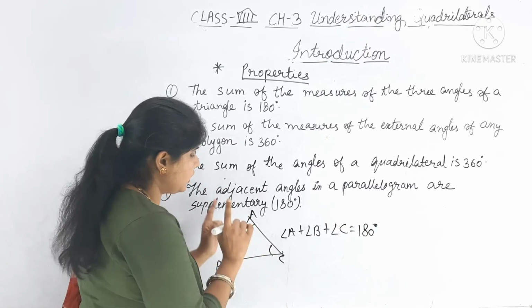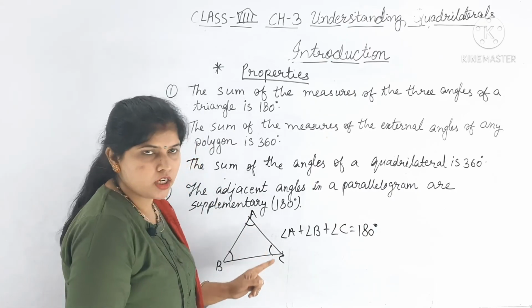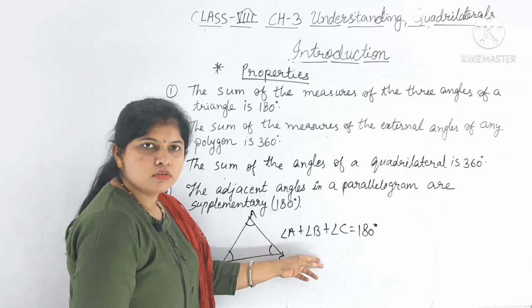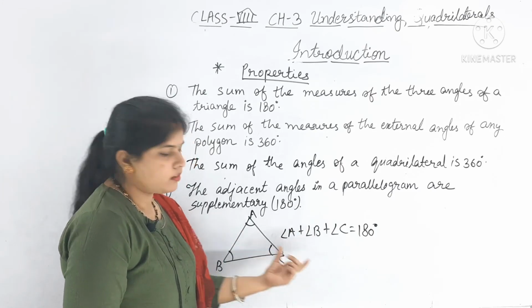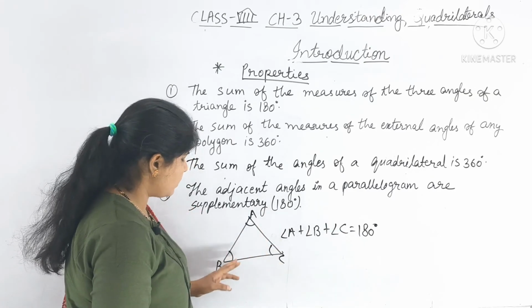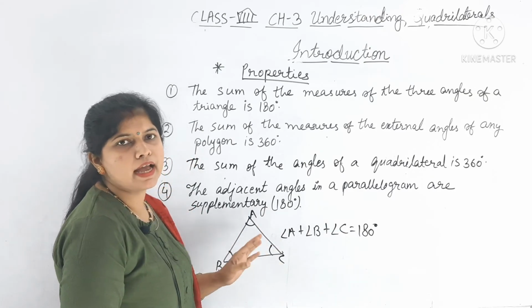If in the question A and C are given and you have to find angle B, you have to remember this property that all the three angles will be equal to 180 degree and you can easily find angle B. Okay,